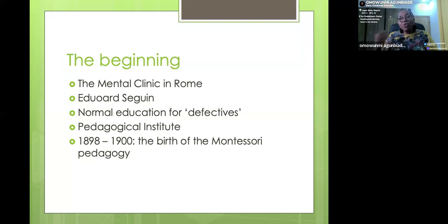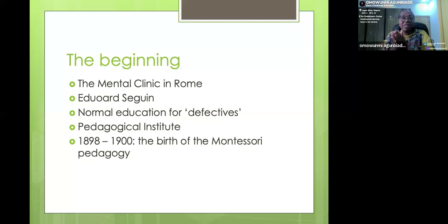And because she had to frequent the asylum for clinical teaching cases, through her interest in the deficient children, she came to know a special method of education devised by Edward Seguin. In fact, there's a particular Montessori material in math that was named after Seguin, because Maria Montessori did a whole lot of studying on Seguin's philosophy, and also another person called Itard.